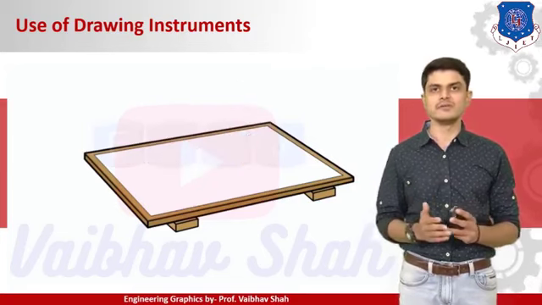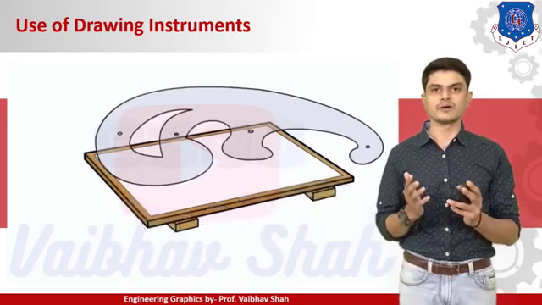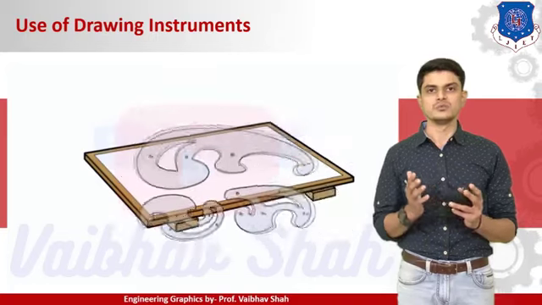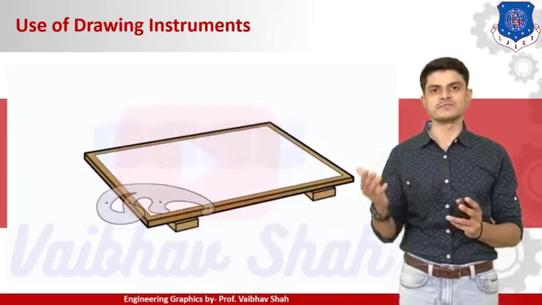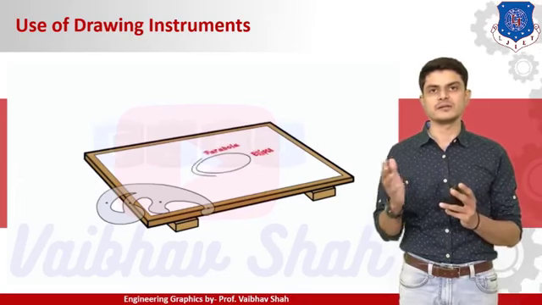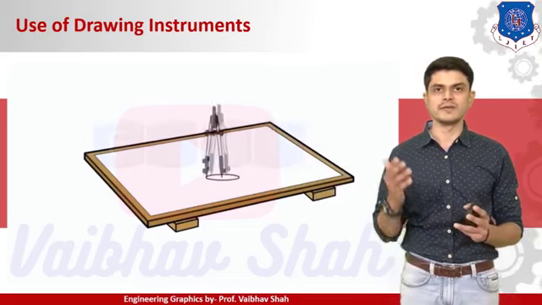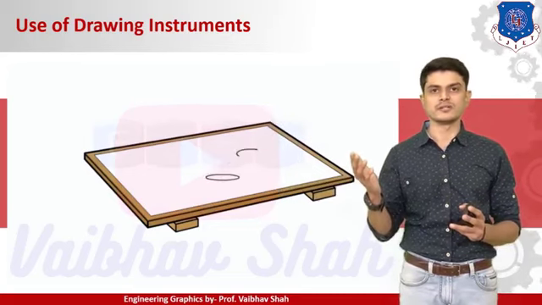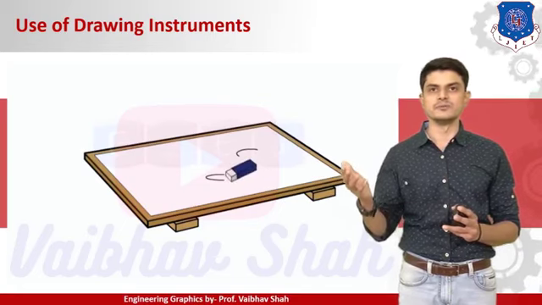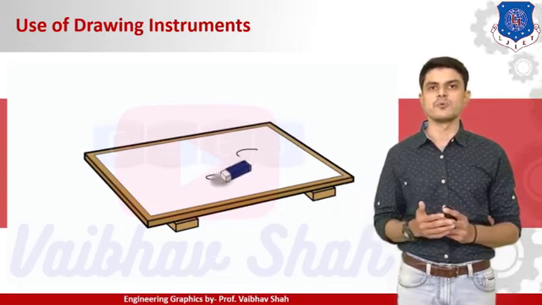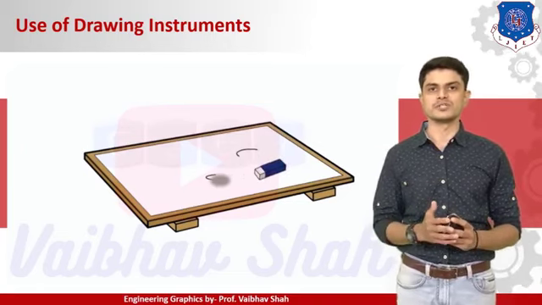Then after, we'll be using French curves. You can join number of points to have a curvature surface generated. You can use it to draw ellipse, hyperbola, parabola by the help of these French curves. So you need to just join the points according to the French curve and you can have these curves. Then after we'll be having rounder. You can either draw rounder circles or circular arcs with the help of rounder. Then after you need eraser. You will be using this eraser to rub your portion onto your drawing sheet. So these are the application of your elements of your drawing sheet.